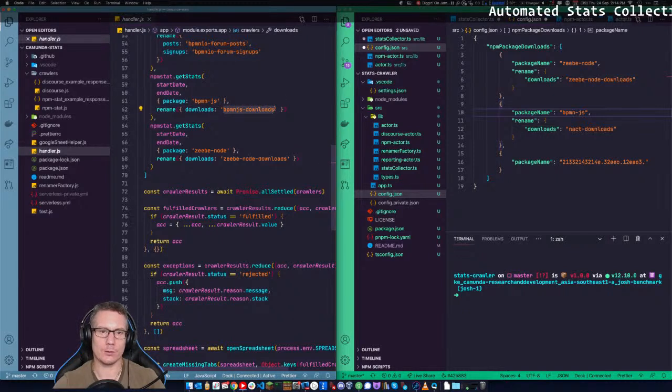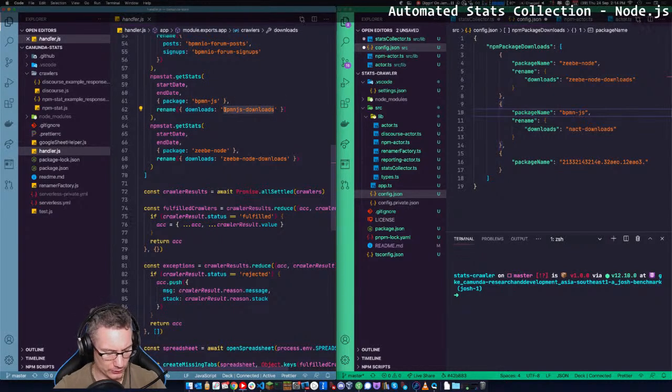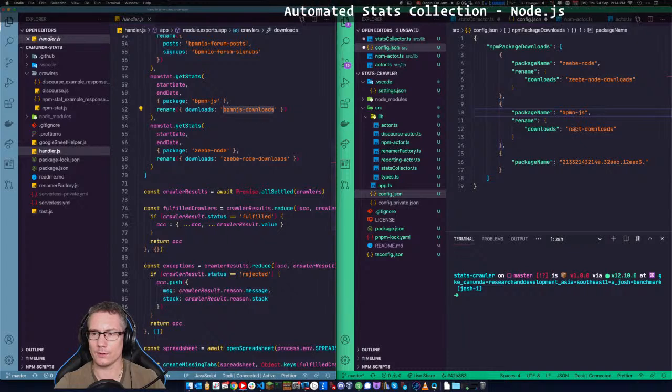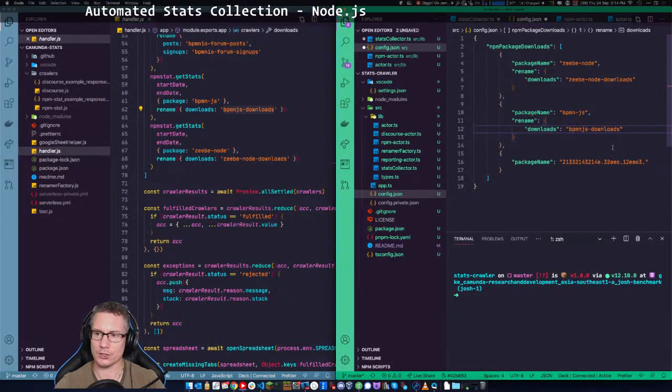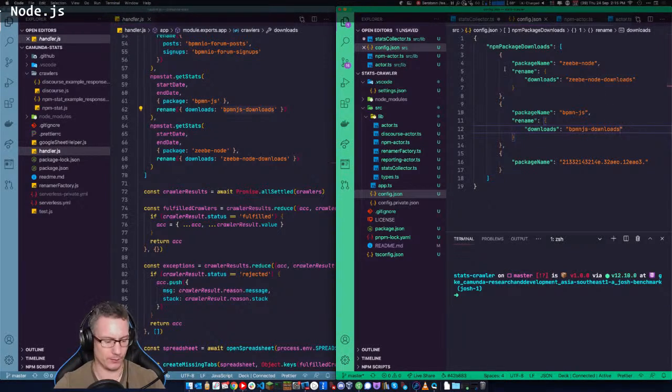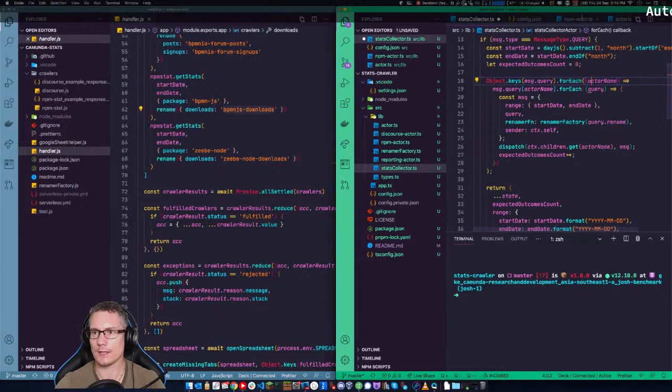One thing I looked at here was that this actor could actually encode that it renames downloads to the package name-downloads, because you can see that that's a repeated pattern. Let's actually see if that's possible now. So if we go into the npm actor,